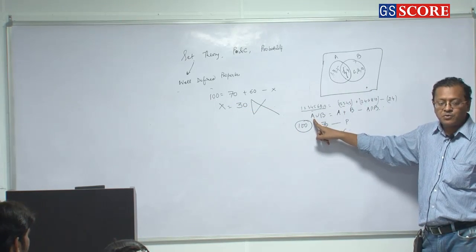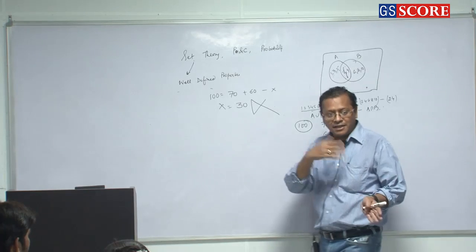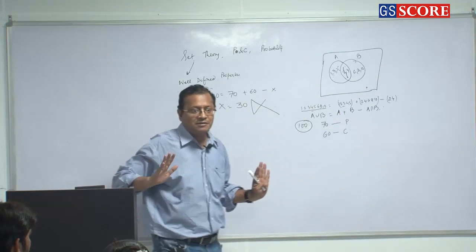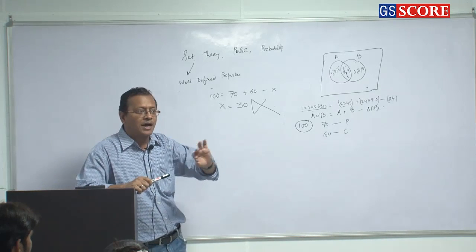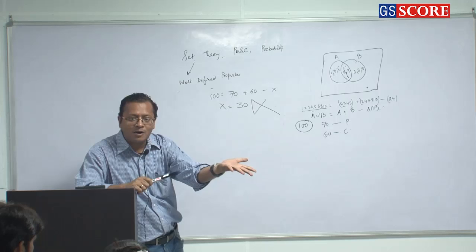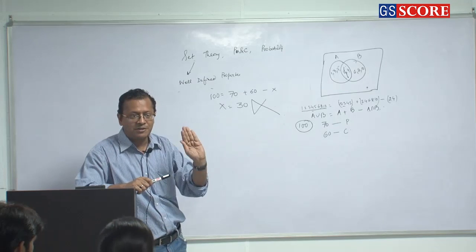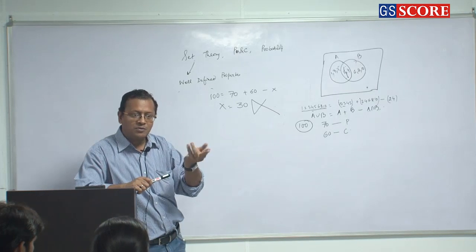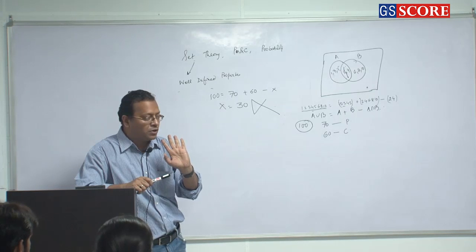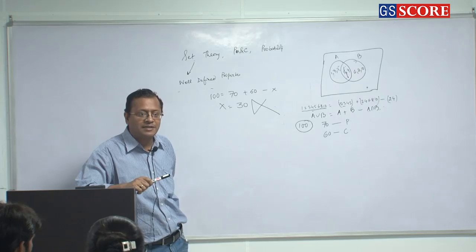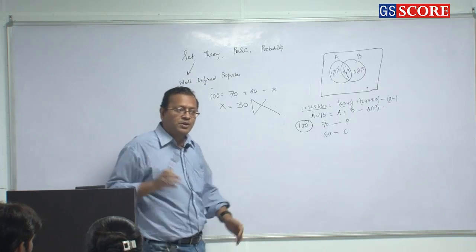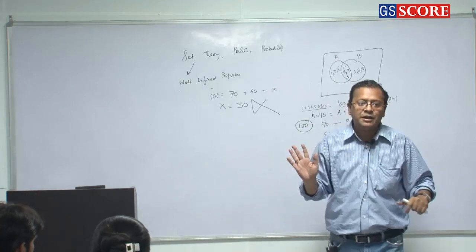Is the number of students who pass in either physics or chemistry. A union B means what? Either in A or in B. So either they pass in physics or they pass in chemistry. Did I tell you this thing? I just told you कि 100 students are there in the class who are appearing in the exam. You assumed कि everybody passed, nobody failed,